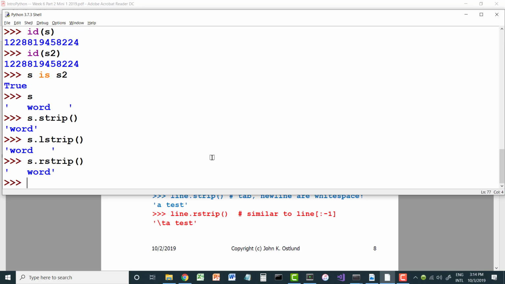Now, spaces are obviously spaces, but it turns out that any so-called whitespace character will be stripped off by these various strip functions. And that includes things like newline characters, tab characters, form feed characters, which you used to actually see in programs, but you pretty much don't anymore. Carriage returns, vertical tabs. So if I say